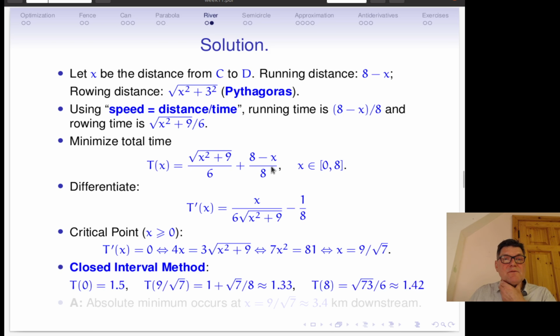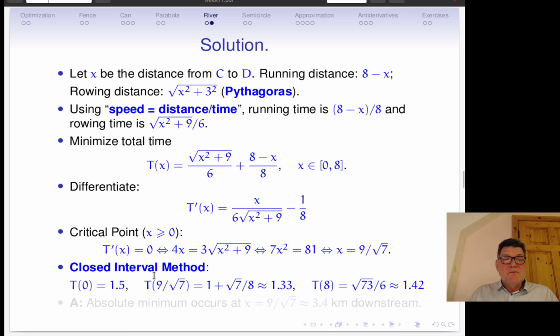If you set x equal to 0 in these formulas, then 8 over 8 is 1, and the square root of 9 is 3, over 6, that gives 1/2, and 1/2 plus 1 is 1.5. Similarly, T of 8 makes this part 0, and here we get the square root of 73 over 6, which is approximately 1.42,